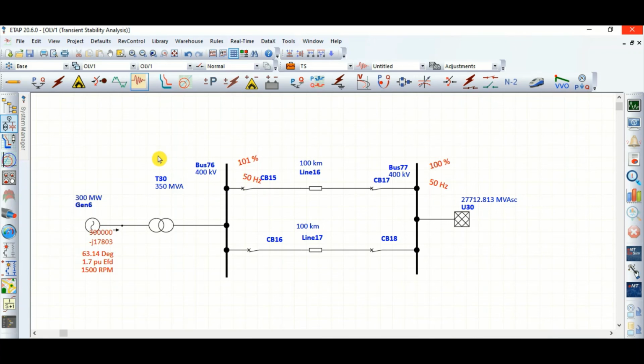So as a conclusion, what are the factors? Factor number 1, the location of the fault. Factor number 2, grid parameters, grid short circuit level, whether it is a strong grid or weak grid. Factor number 3, the generator inertia. So mainly these three parameters will govern the critical clearing time to save the generator or to maintain the grid stability, right? So I think this entire video is helpful